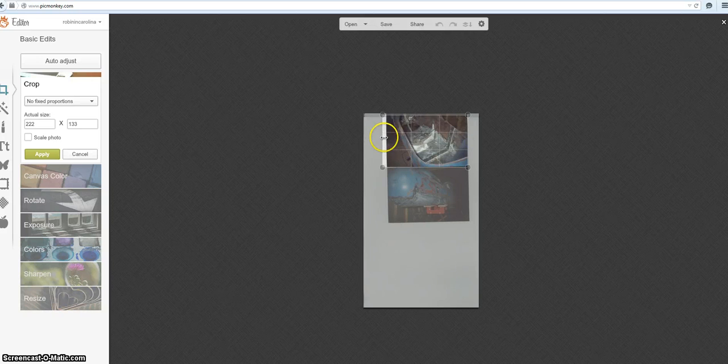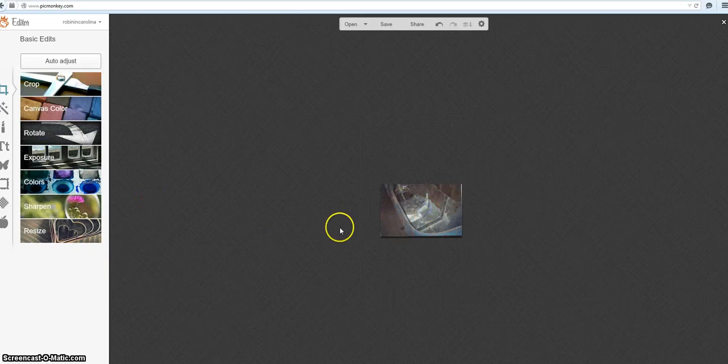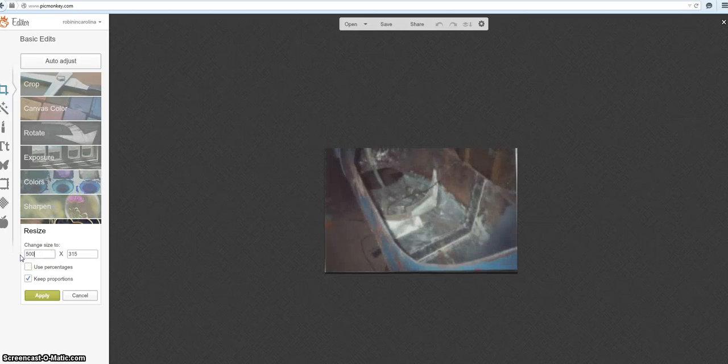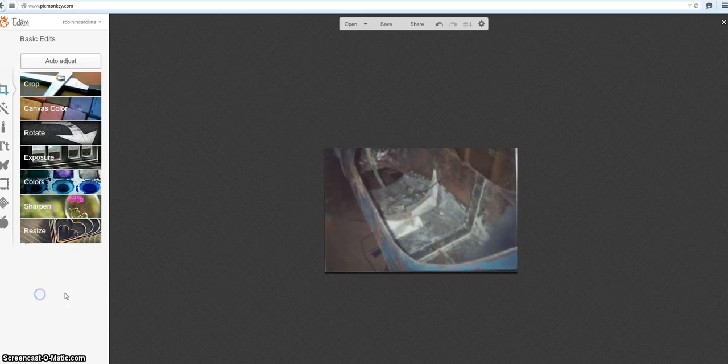But I'm going to crop it and get the first one, so I'm going to hit apply. Now I want to resize it. So 211 by 133 is really small. Let's do 500 by 315. Apply. I'm done. And I am ready to save it again, but I'm going to save it under something different,